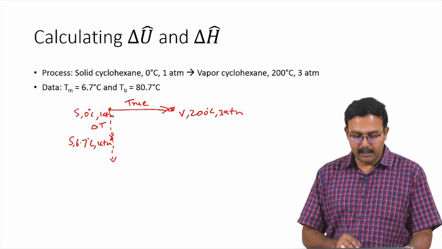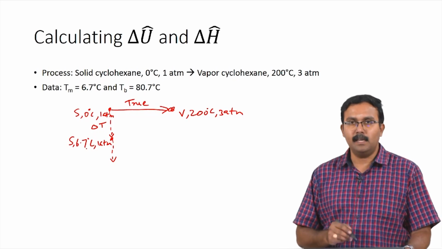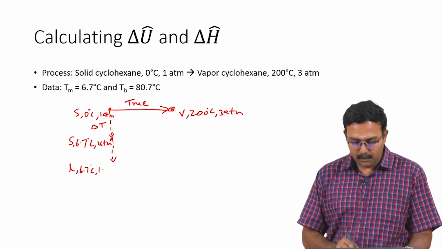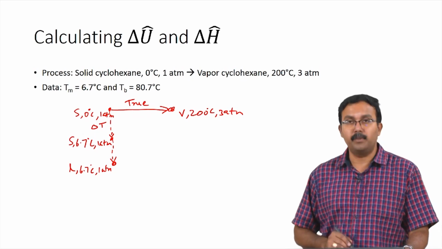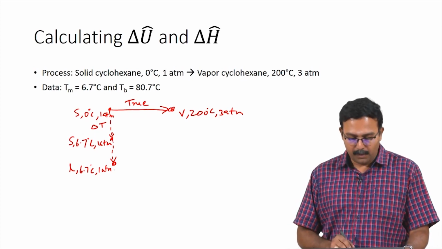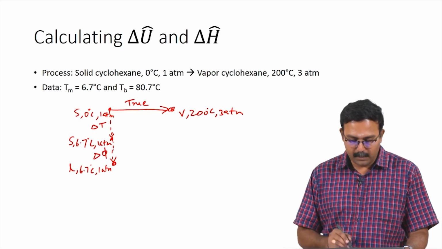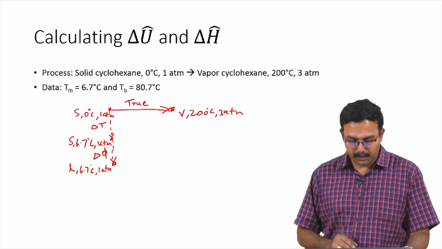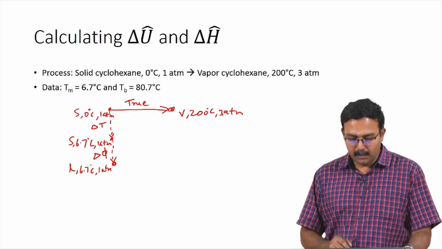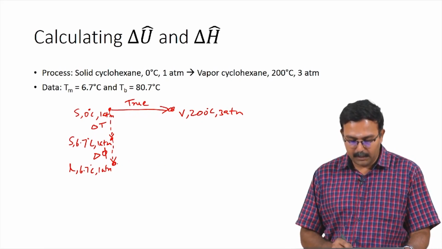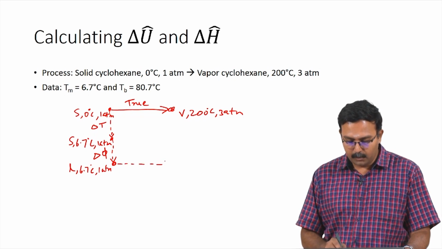So at 6.7 degrees Celsius and 1 atmosphere, cyclohexane will start to melt. So you would end up with liquid at 6.7 degrees Celsius and 1 atmosphere as the next step of the process. In this step you only had a change in phase, there is no change in temperature or pressure. So from here you can heat the system up further